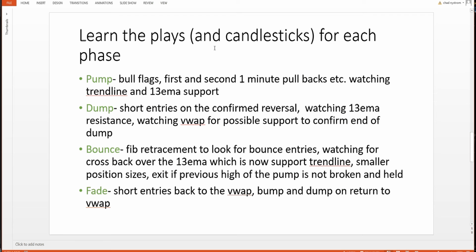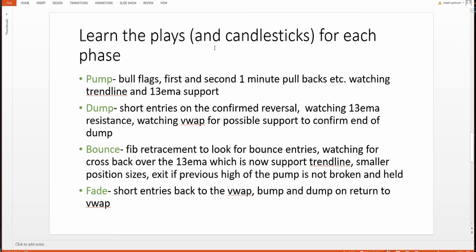Also watching for what is going to be the top of the pump phase, and start watching for those candlesticks that may signify a reversal, such as the hanging man dojis, evening star dojis, watching that volume disappearing as well, watching, of course, for those reversals into the next phase, which is the dump,